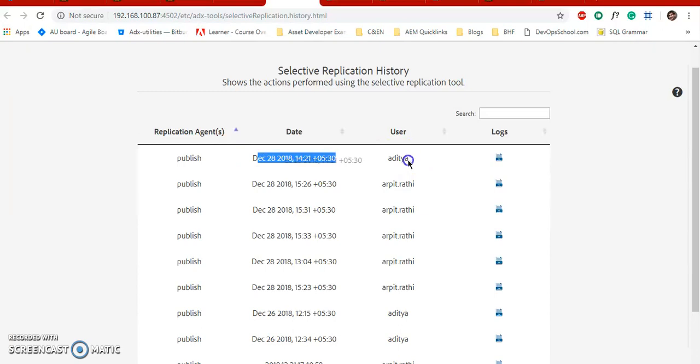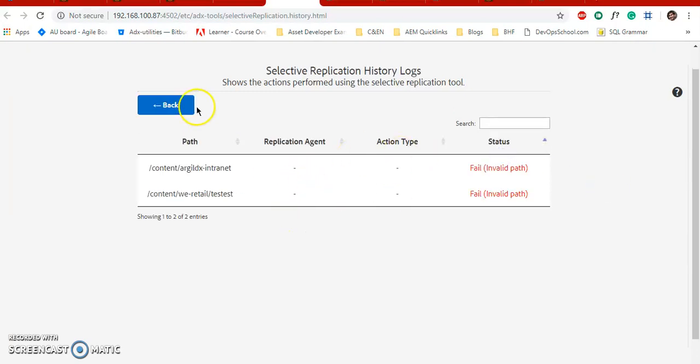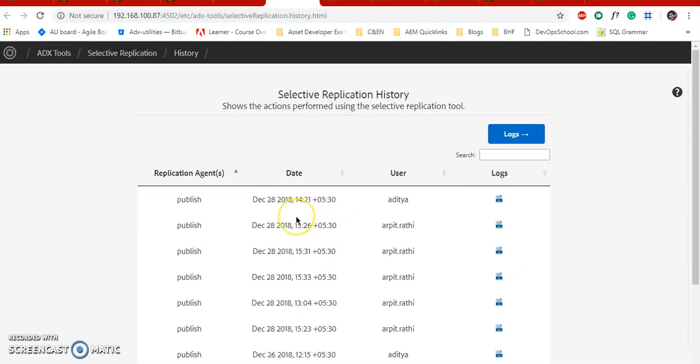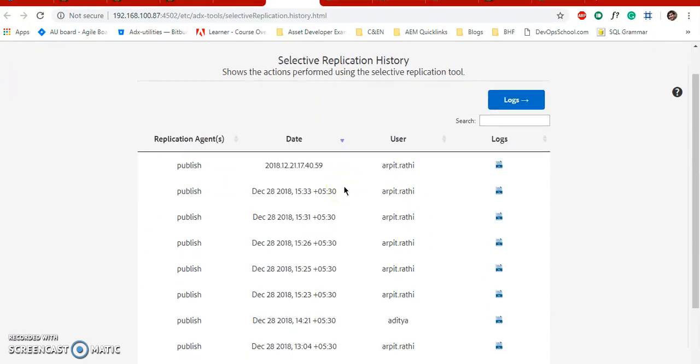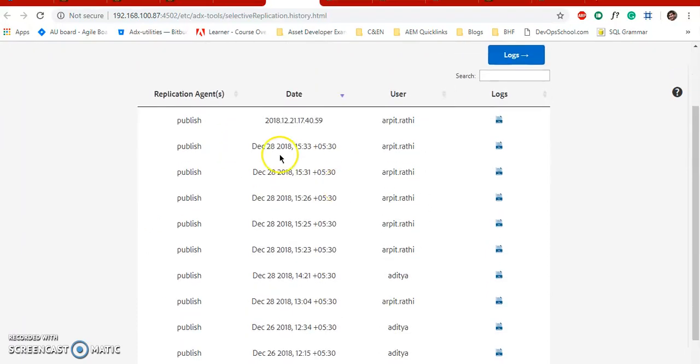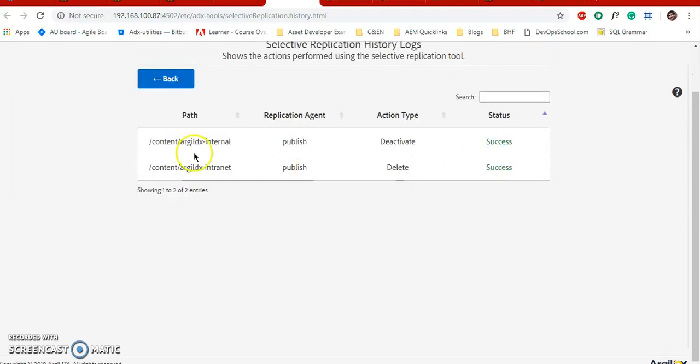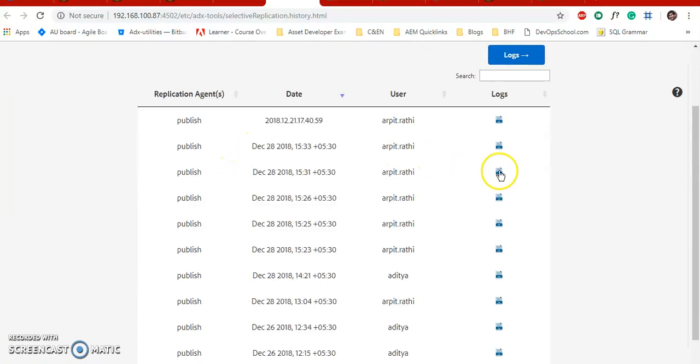The user is Aditya, and to get the log, click on this logs button and you will get the logs. And logs are sortable. So if you click on date, descending order, here I did the replication action. Here are the logs of the same. This is the log which we just did. And for the previous operation, here are the logs.